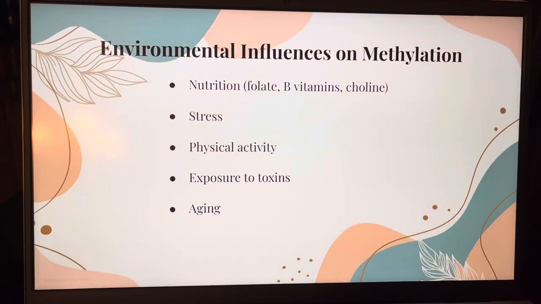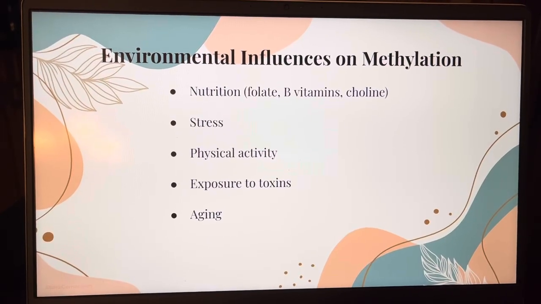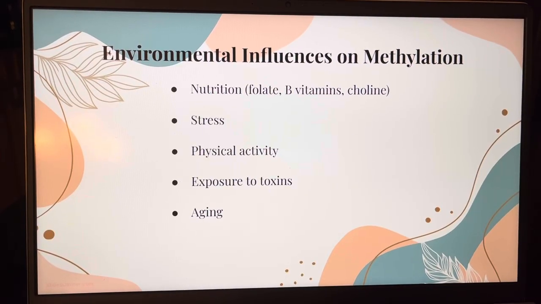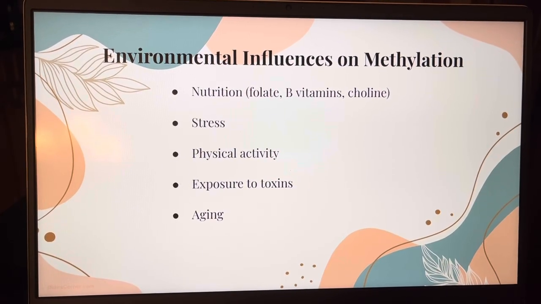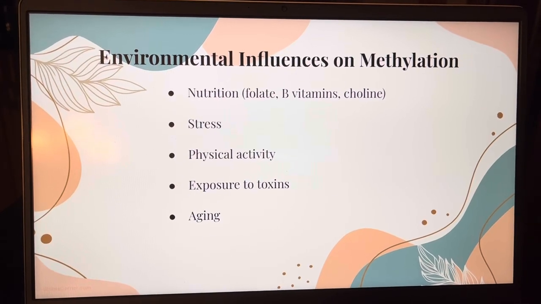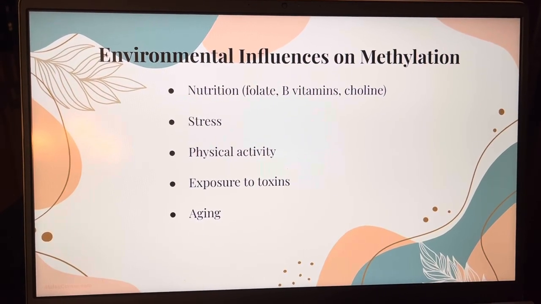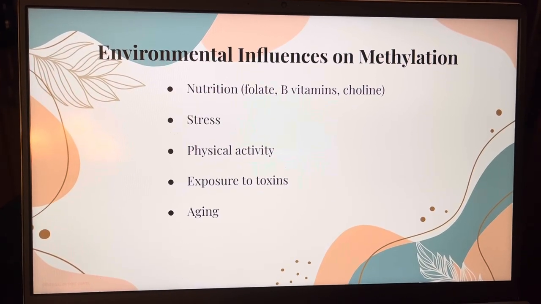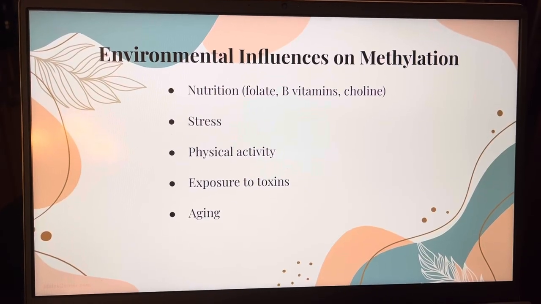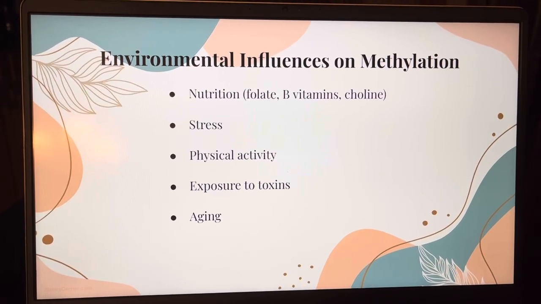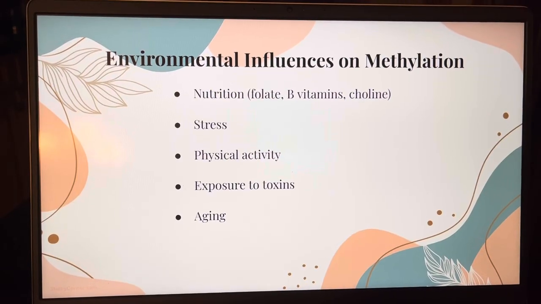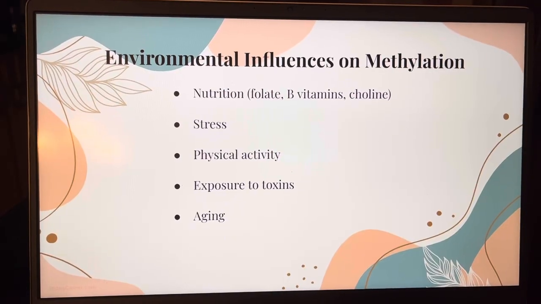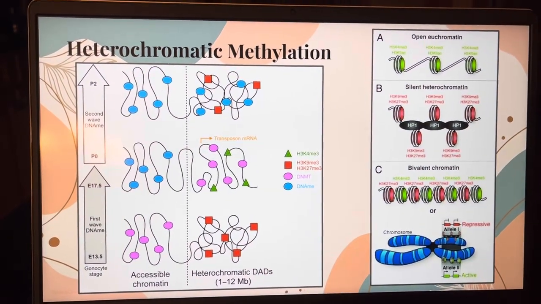One of the most fascinating aspects of DNA methylation is that it is influenced by the environment. Factors that can alter methylation patterns include nutrition, stress, physical activity, exposure to toxins, and aging. For example, identical twins who share the same DNA become more epigenetically different as they age, partly because of changes in methylation patterns. This illustrates that while our DNA sequence is fixed, our epigenome remains dynamic and responsive to life experiences. A specific example of this mechanism is